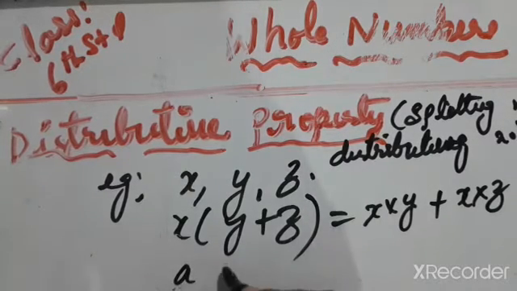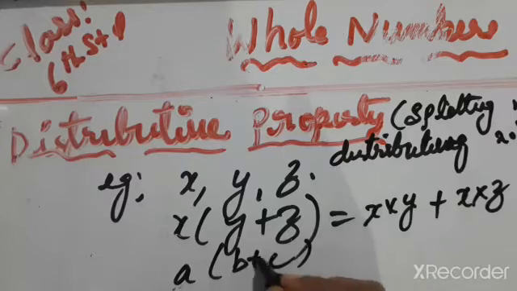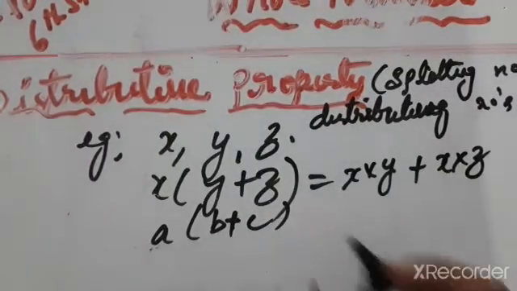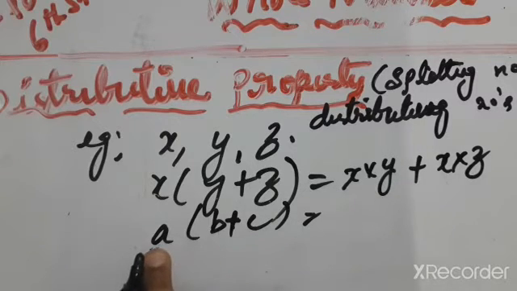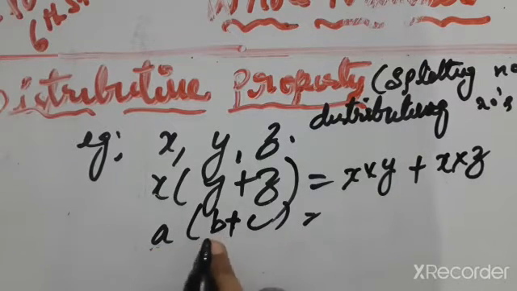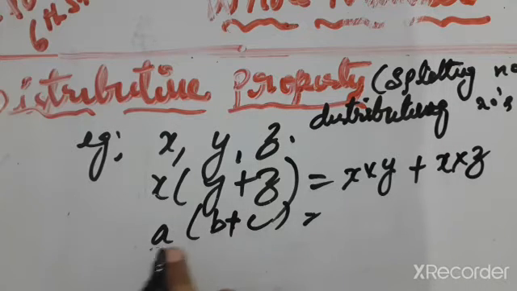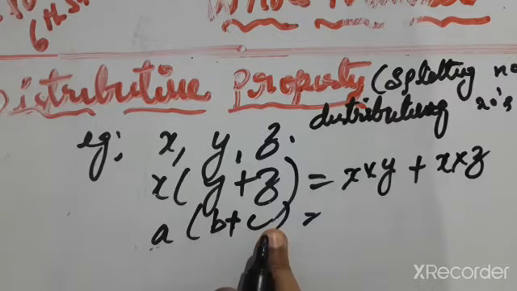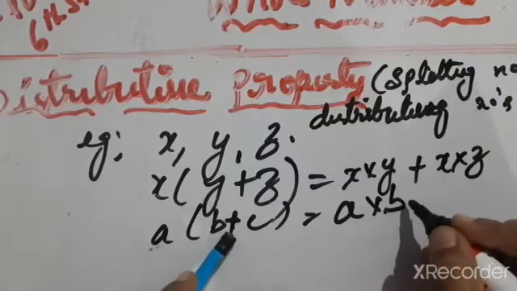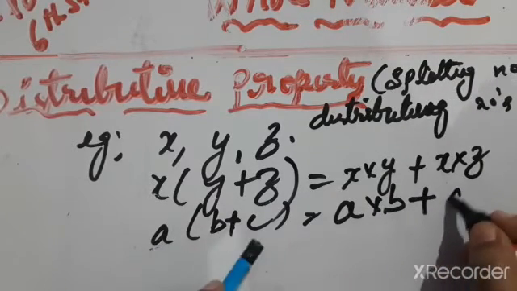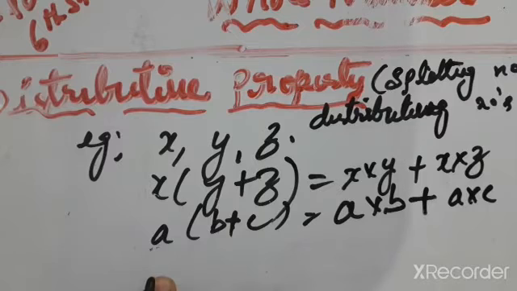And if a into (b plus c), a into b plus means distributing things to each person. For example, this is chocolate and here are a son and a daughter. Distributing chocolate to the son once and distributing chocolate to the daughter once, two kids. So here a into b, a plus symbol, so we have to write plus, and again a into c. We distribute a with b, again we distribute a with c. A into b plus a into c.